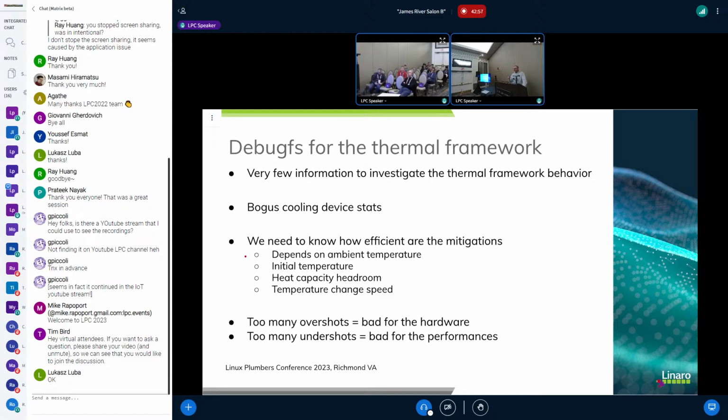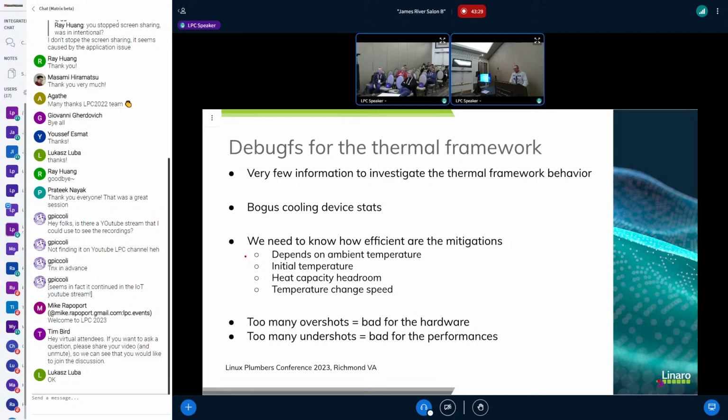Because it's a matrix of the number of cooling states multiplied by the number of cooling states, you can end up with several megabytes of memory used just to show basically an empty matrix, a matrix full of zeros. And in sysfs there is a restriction where you cannot show more than one page of information. So it's very hard to have relevant information because it's truncated.